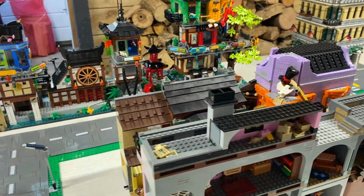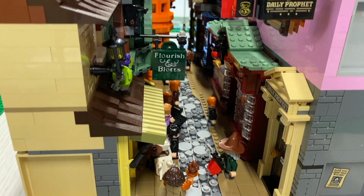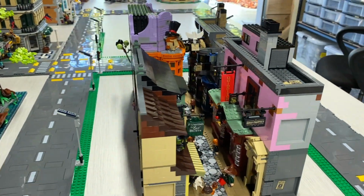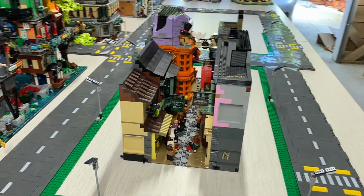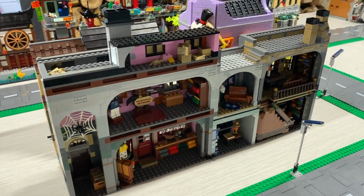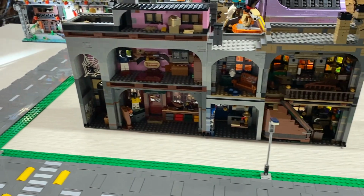Now I have decided that I actually want to try and keep it as an alley. I think it looks great as a little alley. You know, so it's going to sit there like that. But what I'm going to put around the outside is all those Creator 3-in-1 style buildings, all those little sort of builds that are just facades, maybe even some friend sets. So I'll be looking to mock those up to get them up to the height of these buildings to cover them off, and to give us sort of a shop front, if you like, around here,